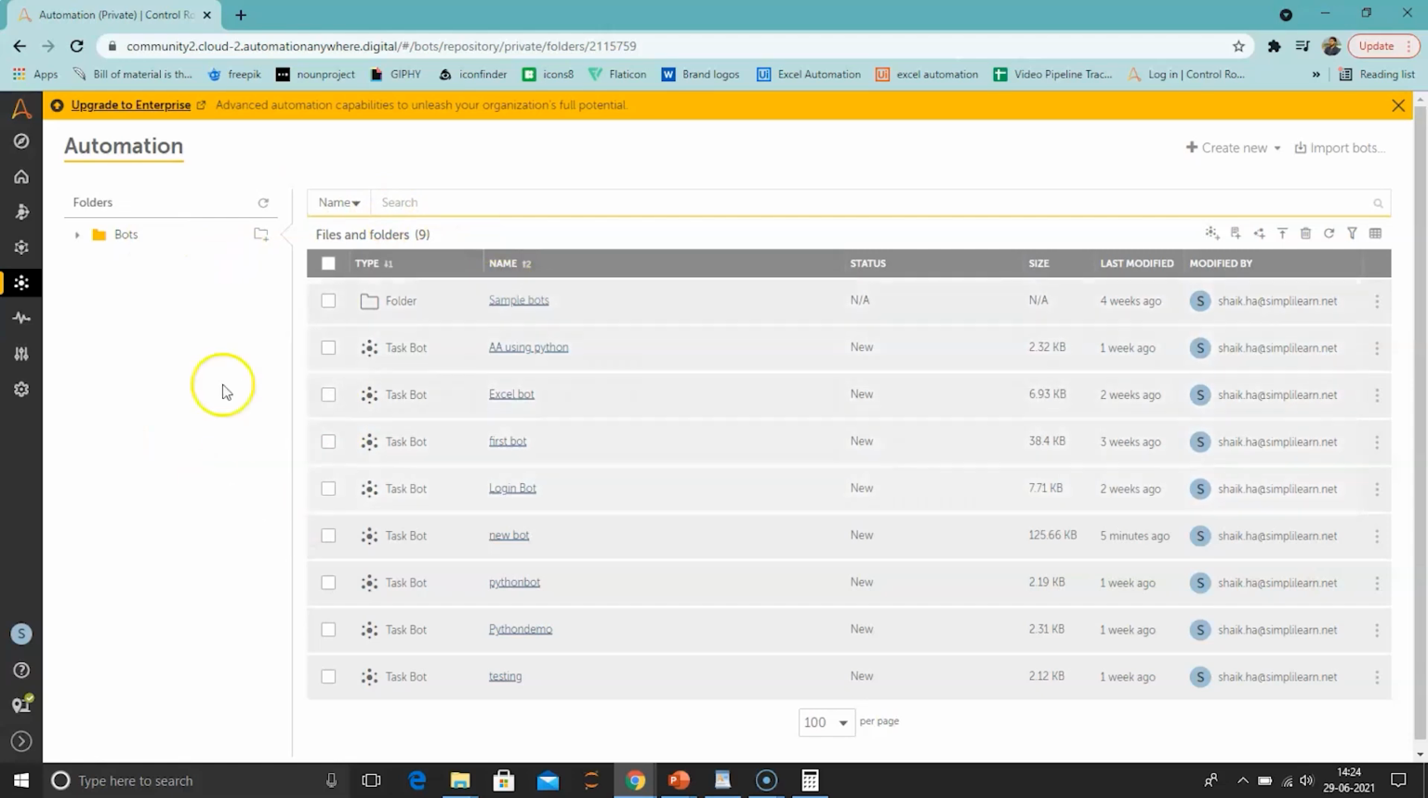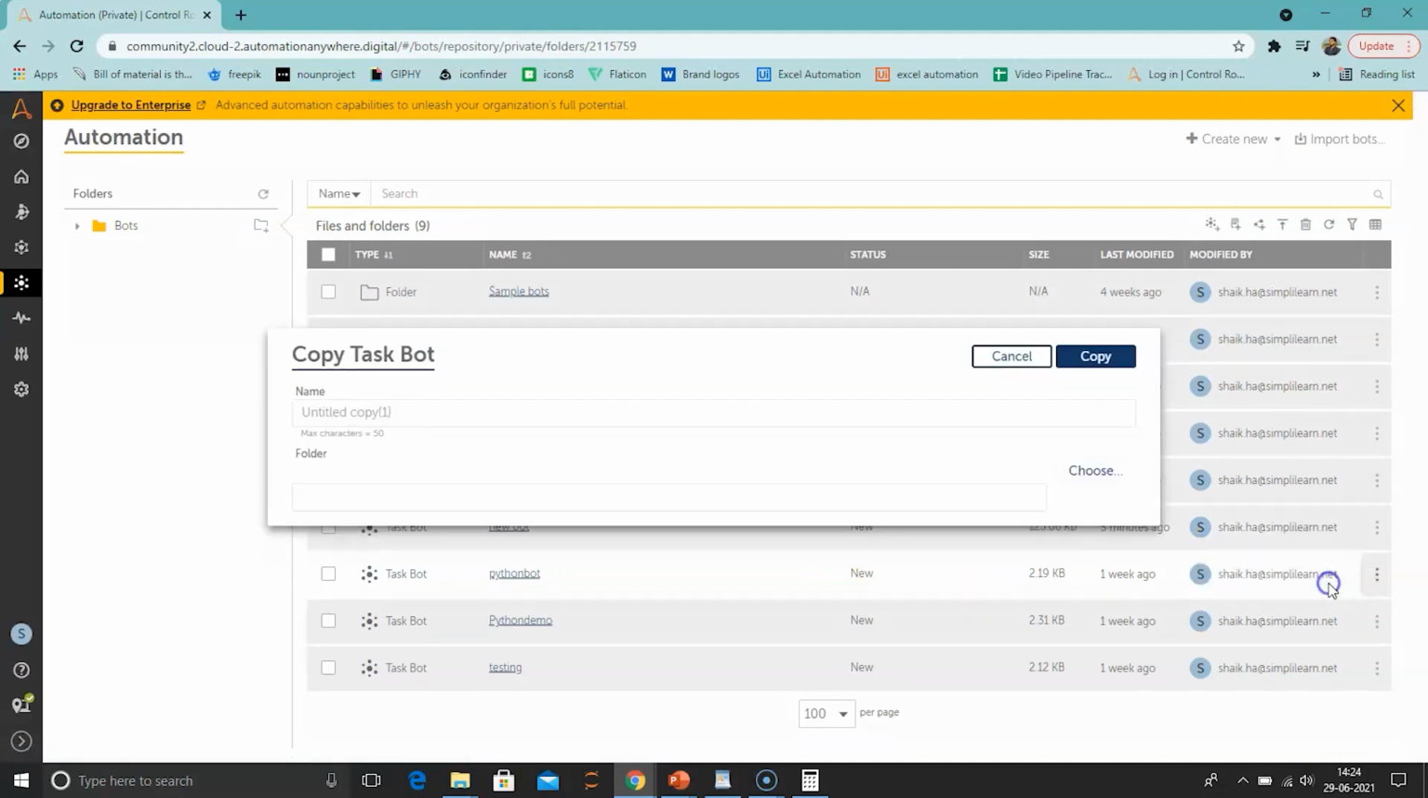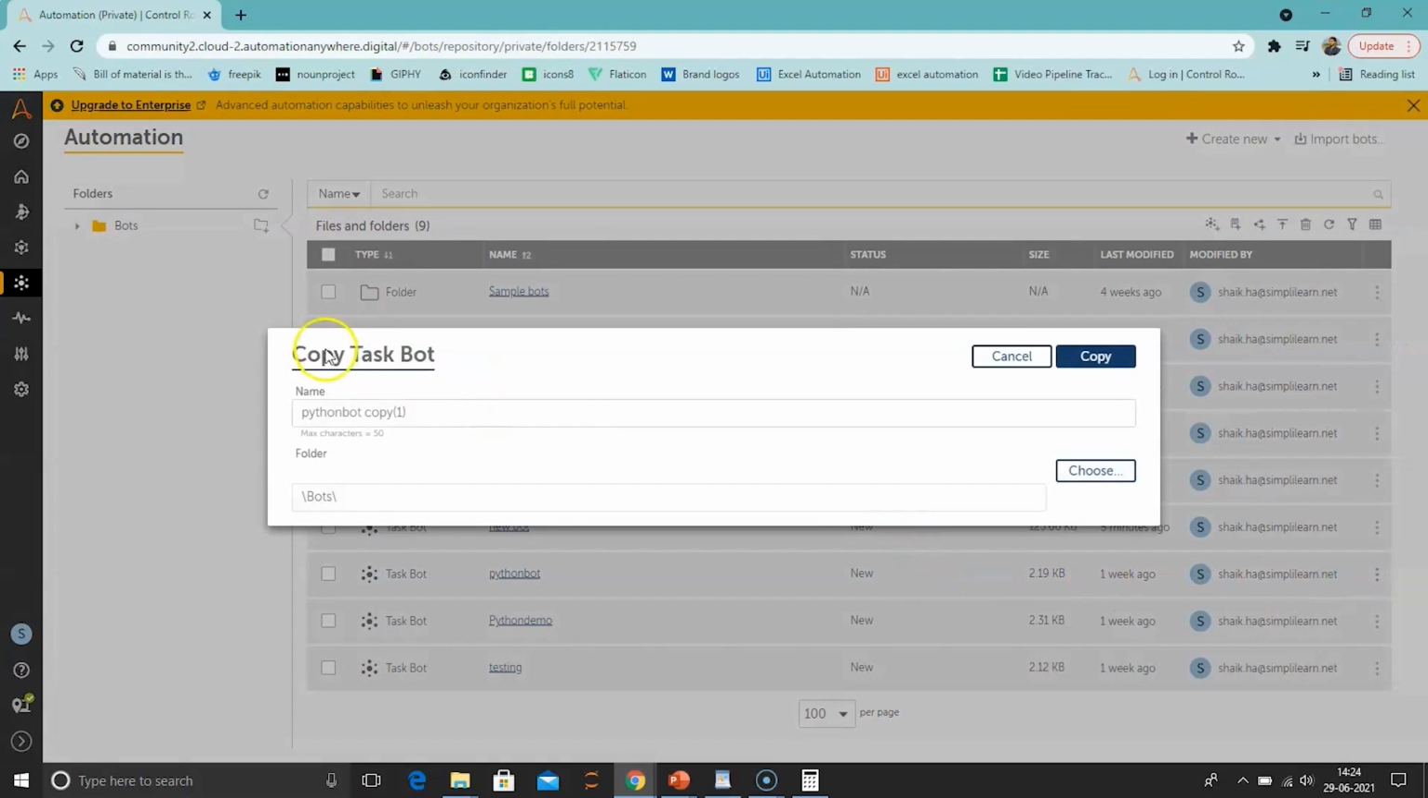So this is the My Bot folder. So these are the bots which I have created. So let's go to this Python bot, select this bot and go to the options and click here, copy task bot. And here you can see a copy of that bot is being created, and name the bot